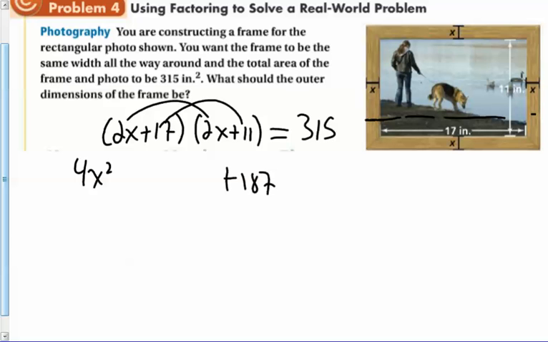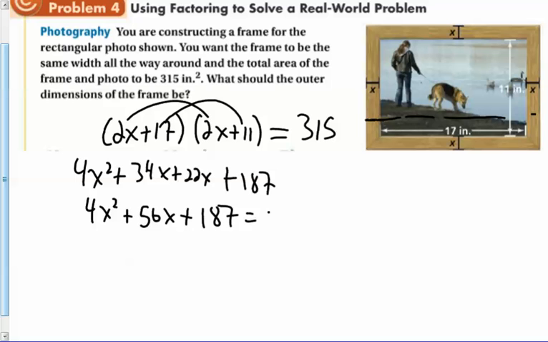And then this is plus 17 times 2, which is 34x, plus 22x. So when you bring this together, you get 4x squared plus 56x plus 187, and that's equal to